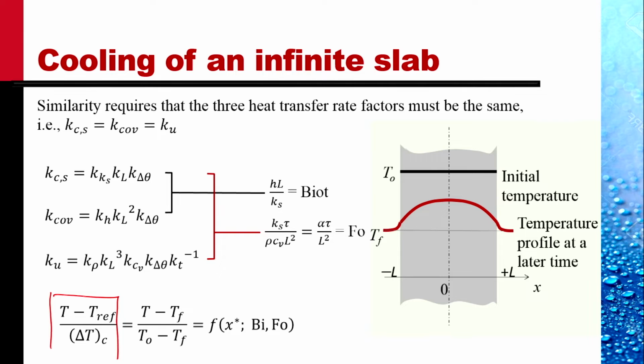So, this normalized dependent variable, T minus Tf divided by the characteristic temperature difference T0 minus Tf, is a function of the normalized independent variable x star, the location within the slab, and two parameters, Biot number and Fourier number. This is still quite complicated, and as was discussed earlier when we did this problem